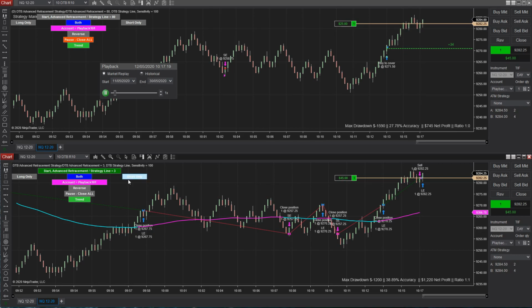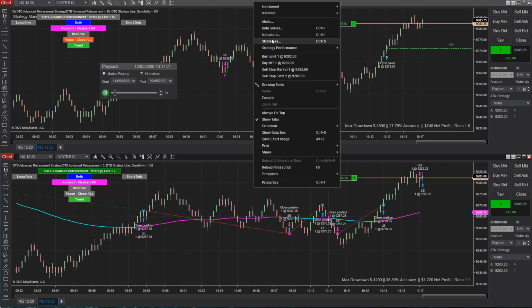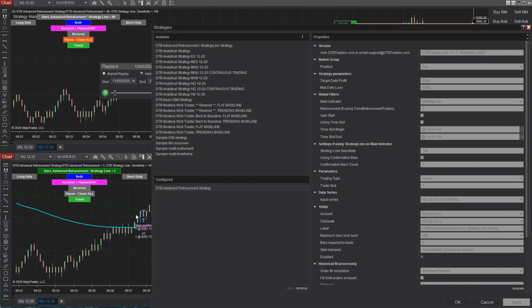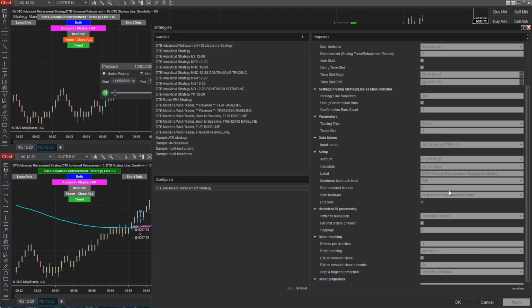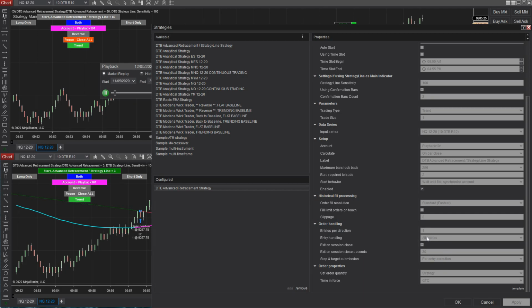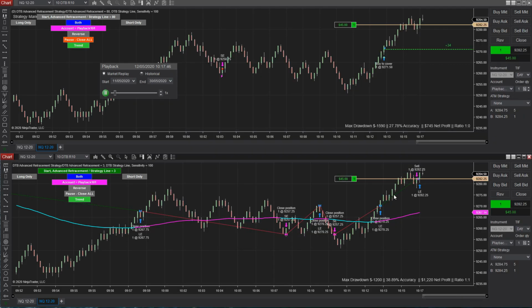So an important thing to remember is when you load up the strategy line, make sure you have wait until flat synchronize account, not immediately submit. The other variation you can have immediately submit, but not when using the strategy line. So on bar close, wait until flat synchronize are the main settings to remember. So there we have the